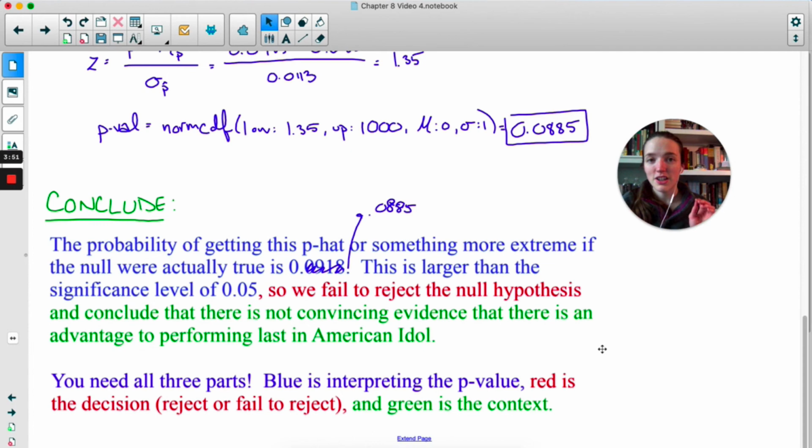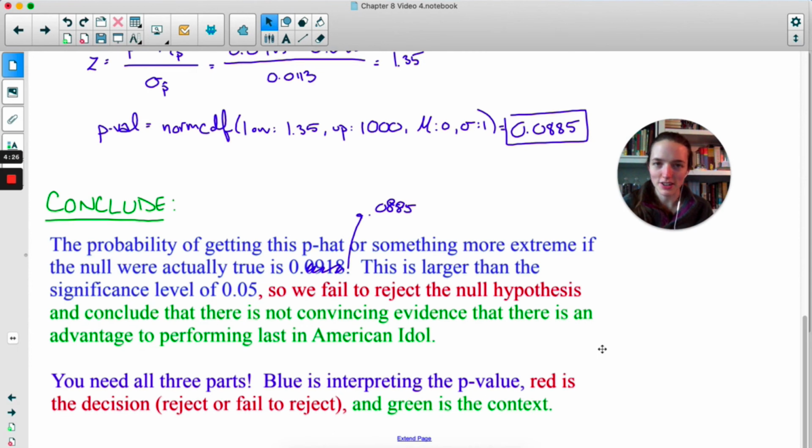And then green, you have to include context. So don't just say fail to reject the null, period, done. You have to go back and actually look at the problem and see what you were talking about in the first place. So here we say that there's not convincing evidence that there's an advantage to performing last in American Idol. No matter what problem you're doing, just make sure you refer back to the scenario